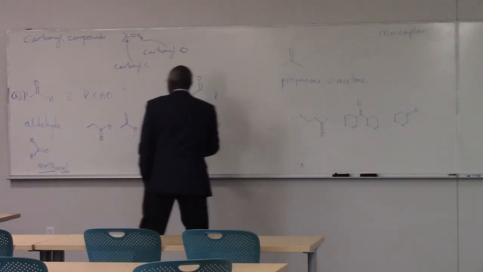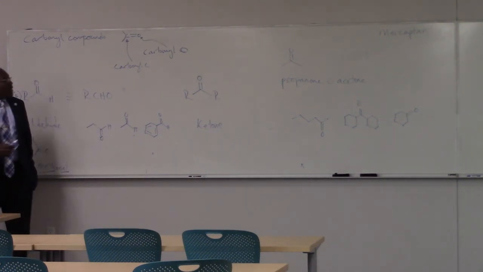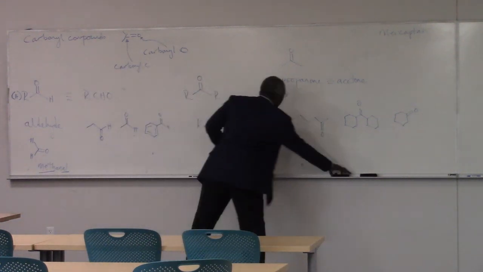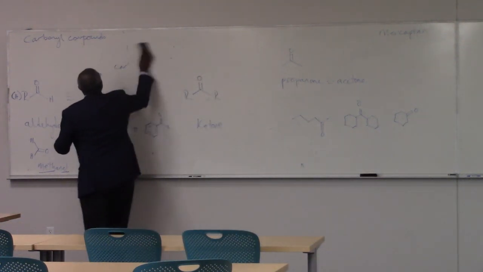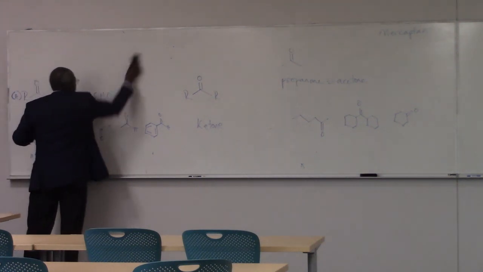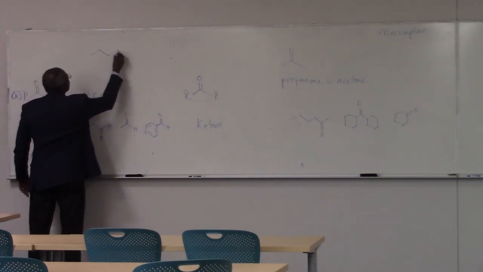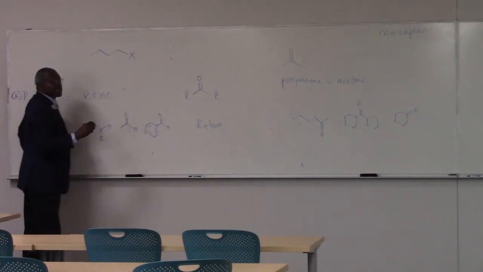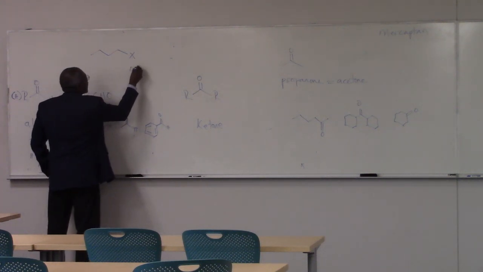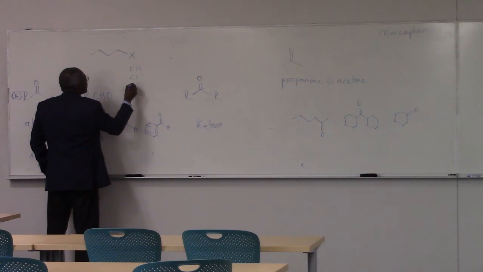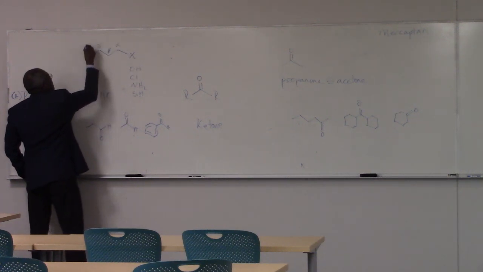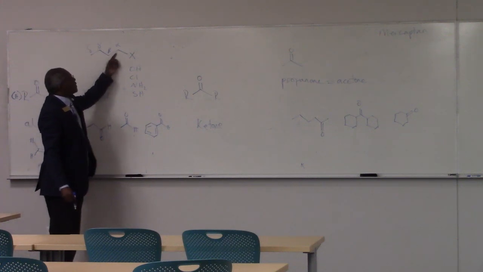With carbonyl compounds, whether they are aldehydes or ketones, whereas in alcohols, amines, haloalkanes, and so on, where we had the alpha carbon singly bound to X, where X could be OH, Cl, NH2, SH, and so on. This was alpha, beta, gamma, delta. So when the alpha carbon, so when the